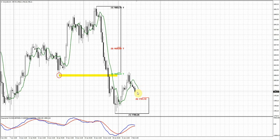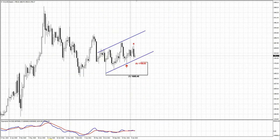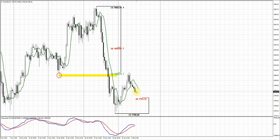But I would also like to remind you what we have on the weekly chart. Recall that on the weekly chart we have a bearish reversal week case, and the market stands near the supportive lows. The current pullback, the current action with this Brent body or something of that sort, might be a pullback before a continuation. So I do not exclude the chance that here we could get even a further downward drop, further downward continuation, and the Brent body will become just a retracement in the longer-term action. Because if you take a look at the